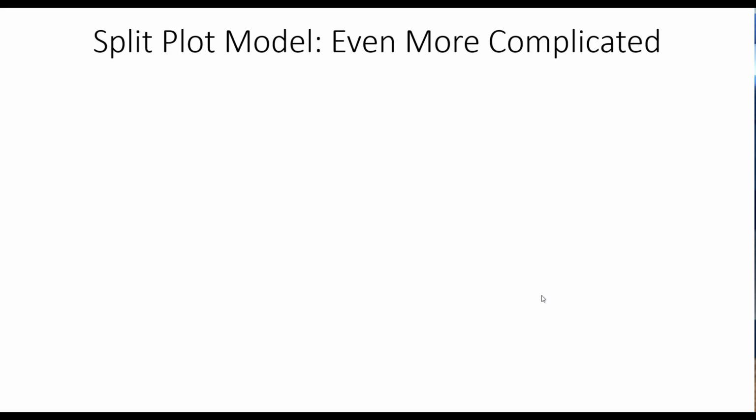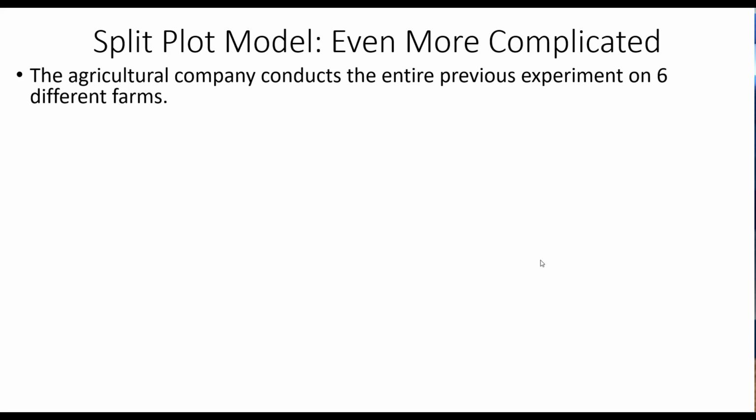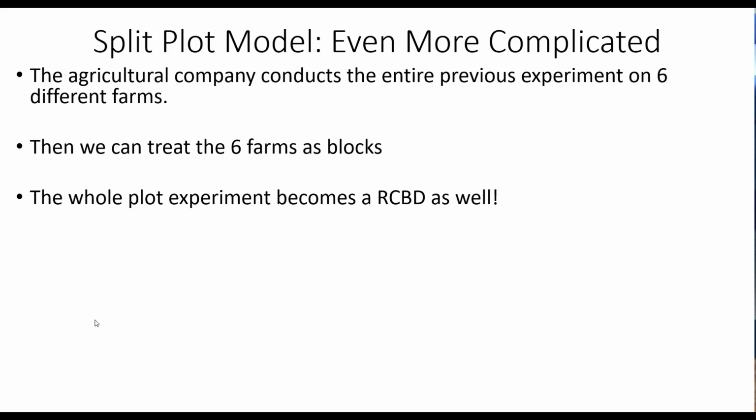We can make our design even more complicated. Let's say that the agricultural company in the previous example conducts the experiment on 6 different farms. Now what we can do is we can treat these 6 farms as blocks. So everything else is the same, but instead of just doing it on a single farm, we're doing it on 6 farms. That means the whole plot experiment also becomes a randomized complete block design